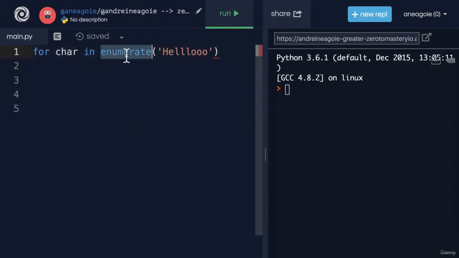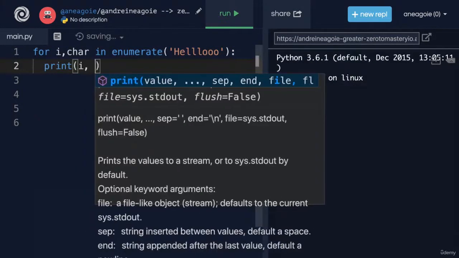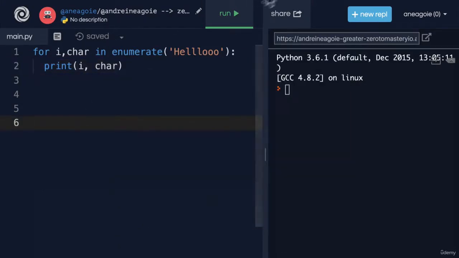Now, enumerate is special because what it's going to do is take an iterable object and give you an index counter and the item at that index. What do I mean by that? Well, you can actually say i, comma, character. So we're unpacking this and we're saying, hey, print i and character. If I click run,